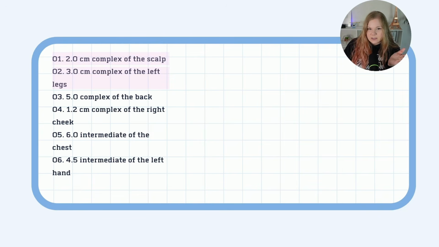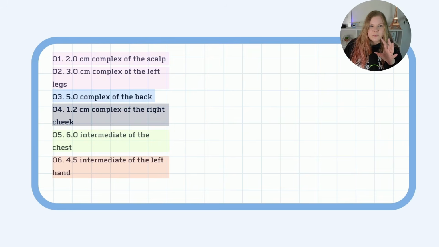If you're working on cases like this, sometimes it's nice to have different colored highlighters or different colored pens so you can circle or highlight in different colors to differentiate. We're adding these together. We're adding these together. When it comes to the complex of the back, that goes to itself. We can't add the complex of the back with anything. We have the complex of the right cheek. That can't be added with anything, and neither can the intermediate of the left hand